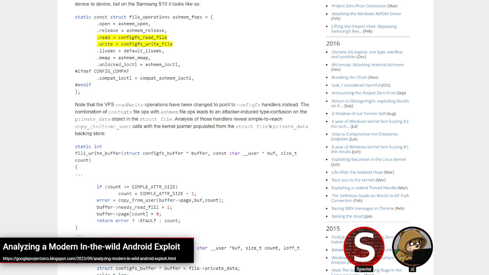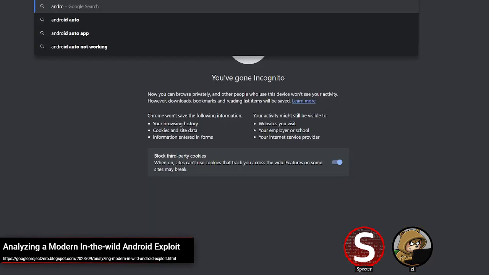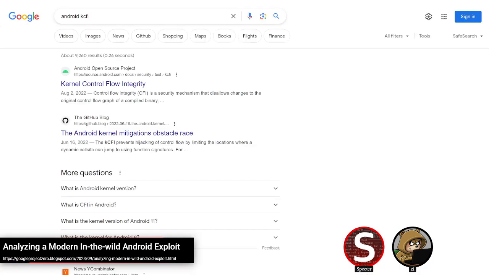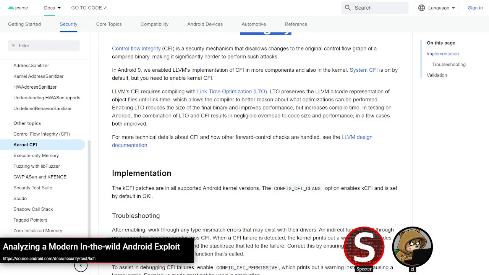Okay, so it just might be one of those edge cases. To be fair, when I think with Android stuff, I just assume for the most part that CFI is in play and would try to work around that. But yeah, maybe this one just slipped through the cracks on that.